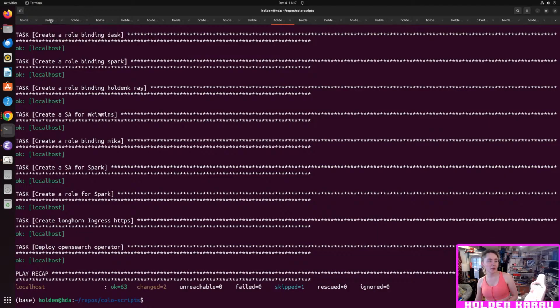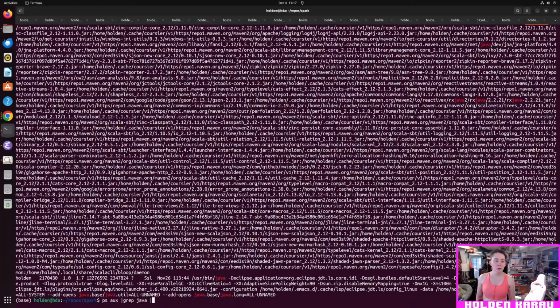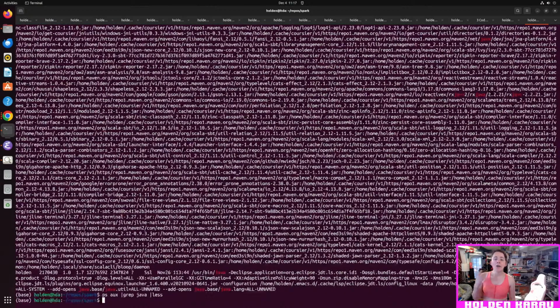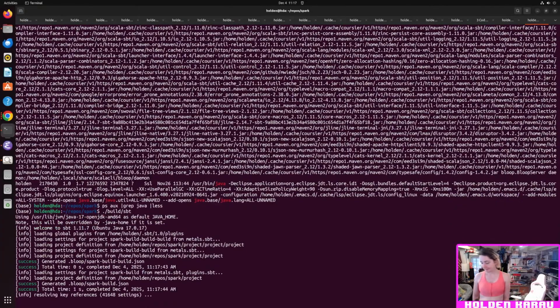Wait, do I have a second terminal instance running somewhere? I do have SBT running, but it's running from Bloop, which is the thing that helps provide autocomplete for Scala. Okay. So I don't actually have it up and running. That's fine.